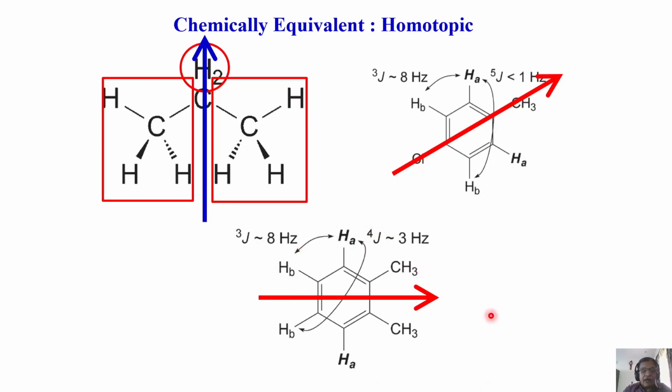How many chemically inequivalent carbons can you think of? One carbon for the two methyl protons, equivalent. What about this carbon? They are different. They are not equivalent with the other carbons. So this is another carbon. These two are equivalent. What about this carbon and this carbon? They are different. What about this and this?